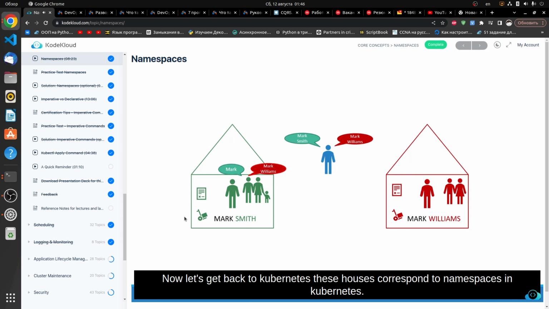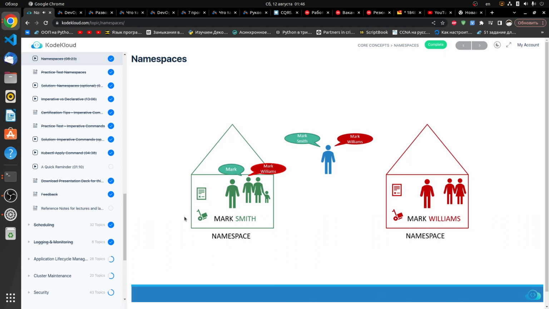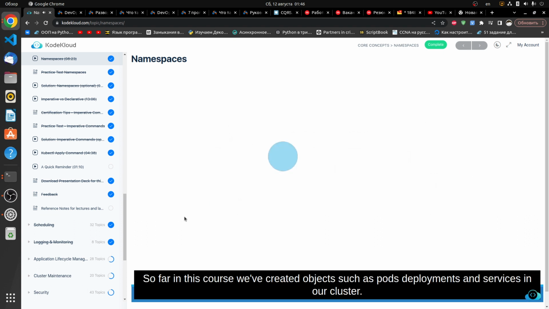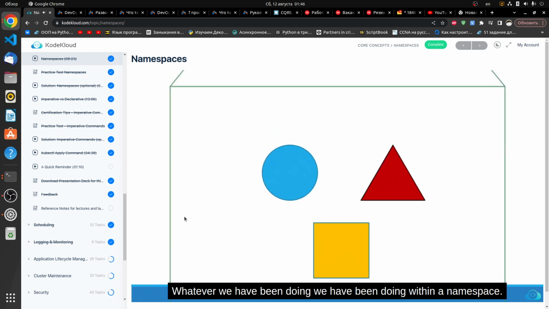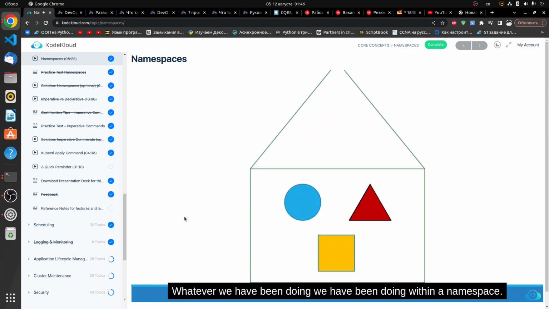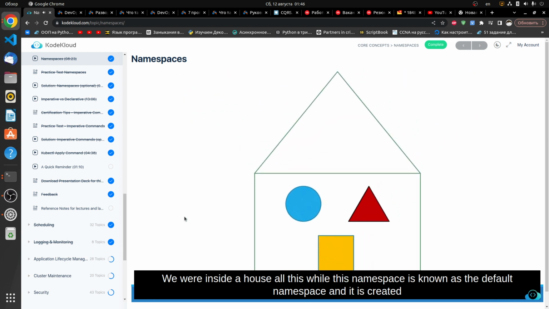These houses correspond to namespaces in Kubernetes. So far in this course, we've created objects such as pods, deployments, and services in our cluster. Whatever we have been doing was within a namespace. We were inside a house all this while. This namespace is known as the default namespace, and it is created automatically by Kubernetes when the cluster is first